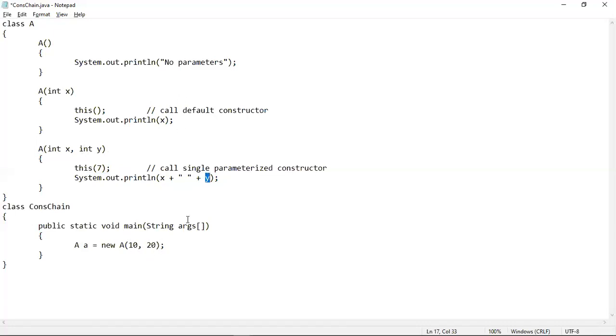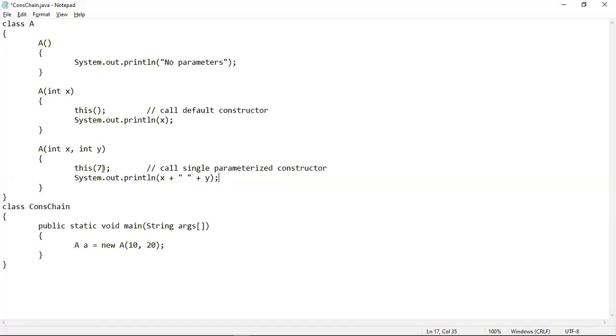So this program will give you three outputs. The first one is for the default constructor, no parameters. The second one is for this single parameterized constructor, which is 7. And the third one is for this double parameterized constructor, which are 10 and 20. So this is how constructor chaining can be implemented. Here you have seen that we have called a default constructor from inside a parameterized constructor body.